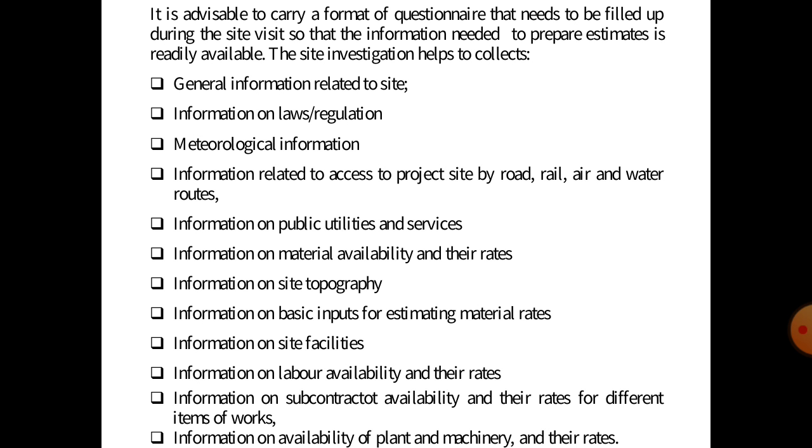The site visit or site investigation helps to collect information like general information related to the site, information on rules and regulations, then meteorological information, then information related to access to the project site by road, rail, air and water routes, information on public utilities and services, information on materials available and their rates,